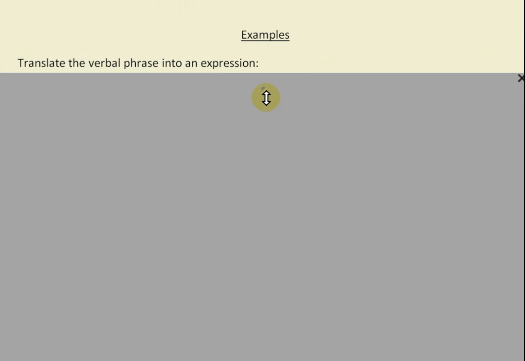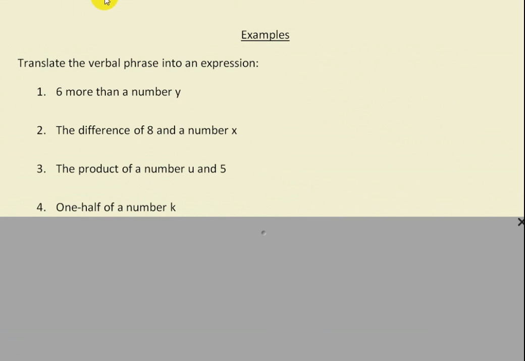So speaking of examples, let's go ahead and take a look at a few here. So the directions tell us to translate the verbal phrase into an expression. So 6 more than a number y, we're going to represent as y plus 6. So we start with y, we get 6 more than that by adding 6. Now notice in this case it wouldn't matter if we said y plus 6 or 6 plus y, but it's